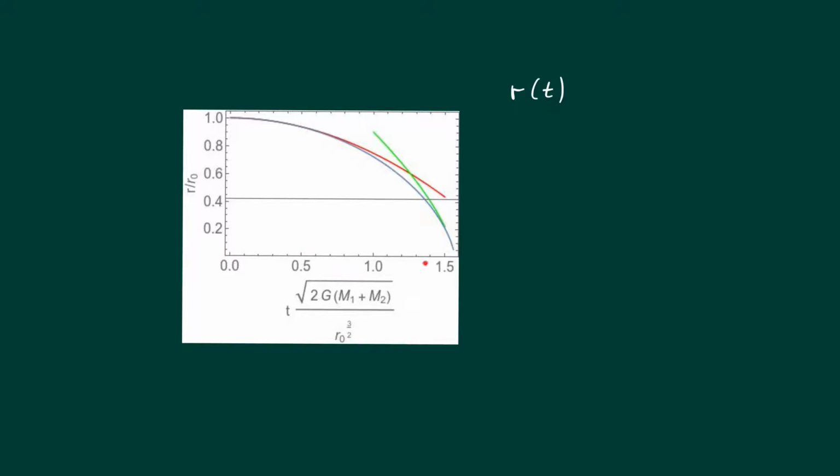The time is plotted on the x-axis, and both axes are rescaled. The distance is rescaled by the initial distance, which is here also r0, and the time is rescaled by a factor which is